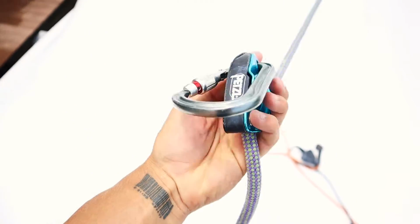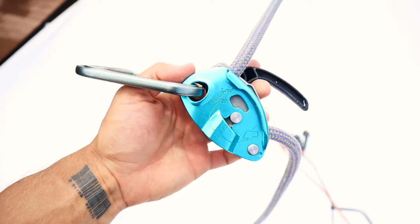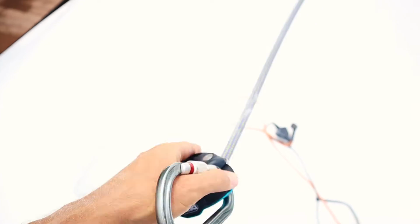Quick disclaimer, if you watch this video and you go tie it and you fall off and hurt yourself, you can't come after me. Tie off, climb, work, detail at your own dang risk, all right? First thing is going to be this mechanism right here. This is called a gri-gri. It is super cool because not only does it lock you, you can actually have a throttle on it. So this right here is a throttle